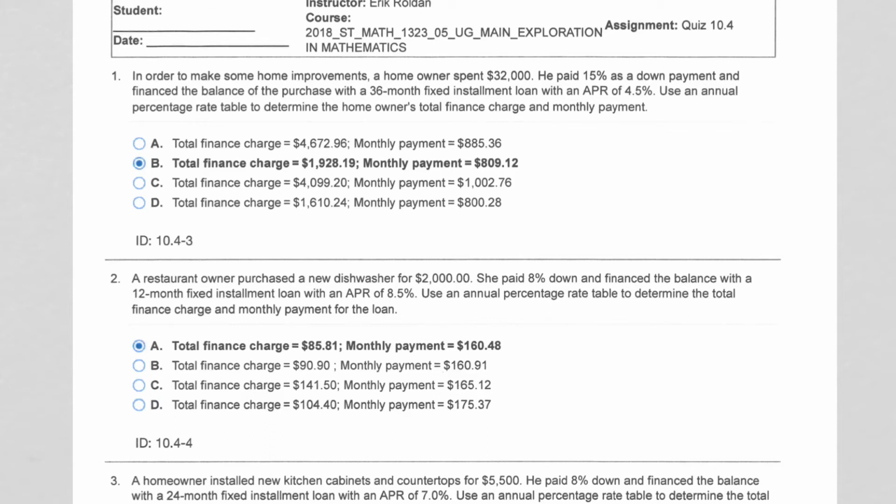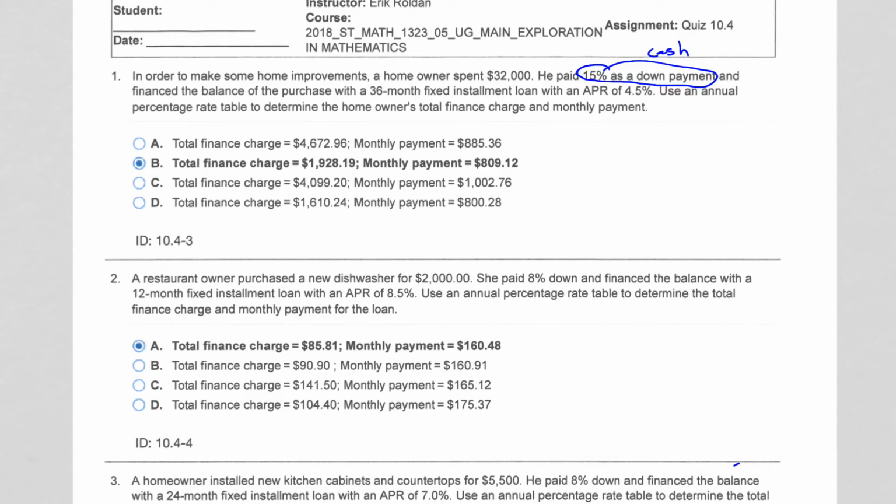So, in order to make some home improvements, a homeowner spent $32,000, okay? Now, the homeowner did not use $32,000 of cash, okay? He put only 15% of that number as a down payment. So there's your cash right there. $32,000 is a lot of money, so put a piece of it,